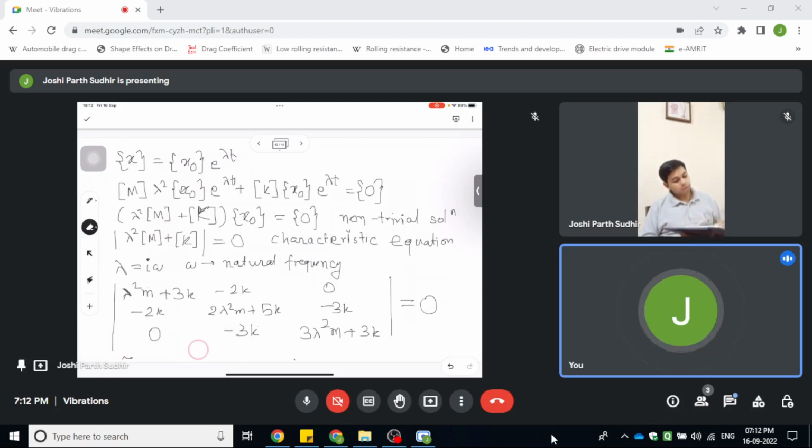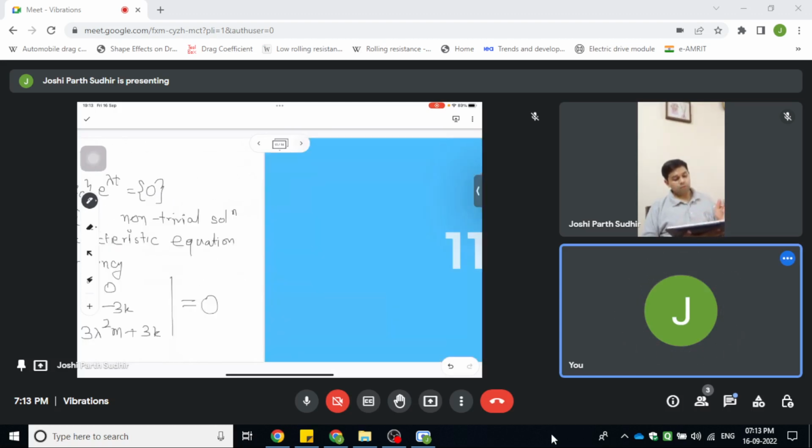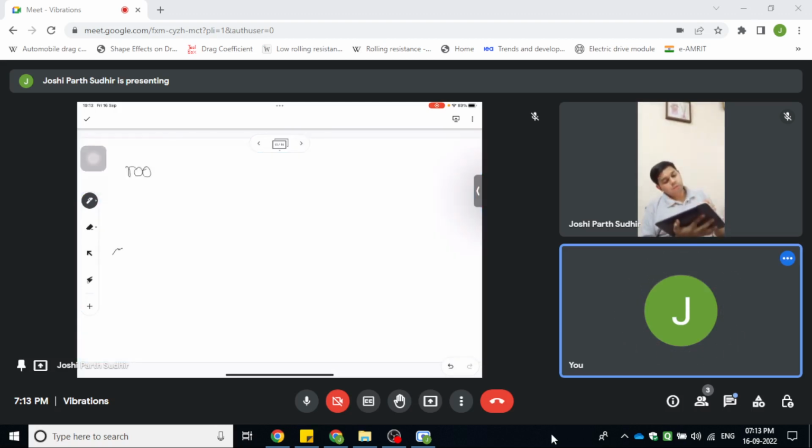So basically this is the determinant that we have to calculate. So basically the roots of the characteristic equation will be lambda, which is basically i omega, and from basically using the roots of the characteristic equation,